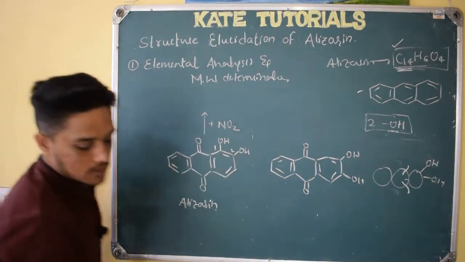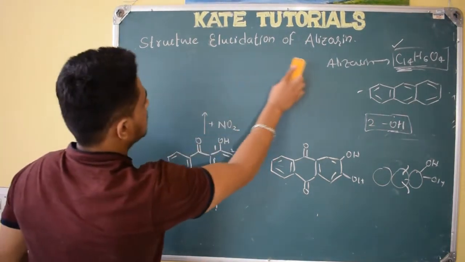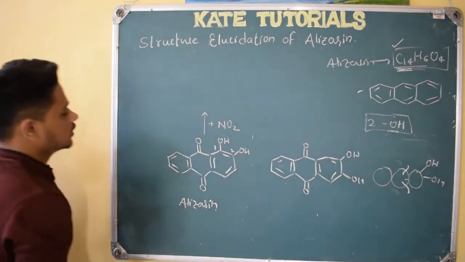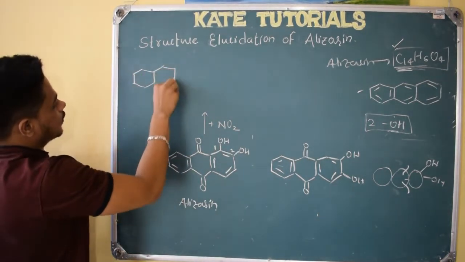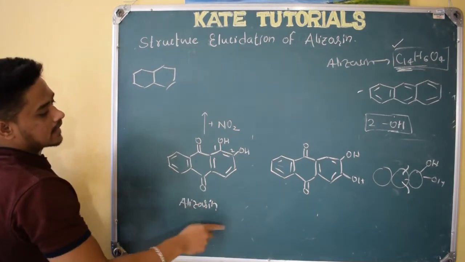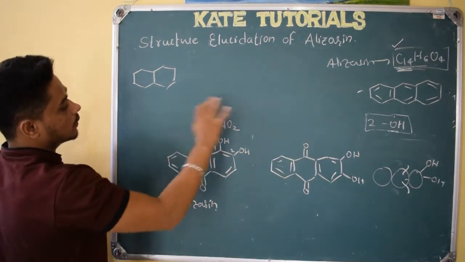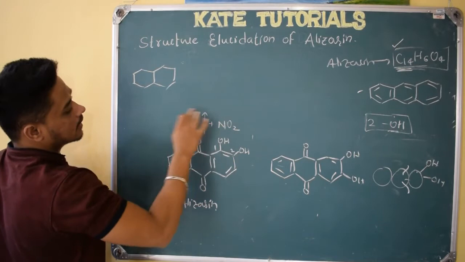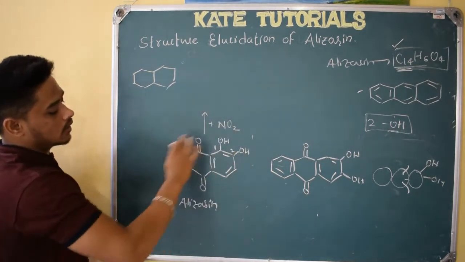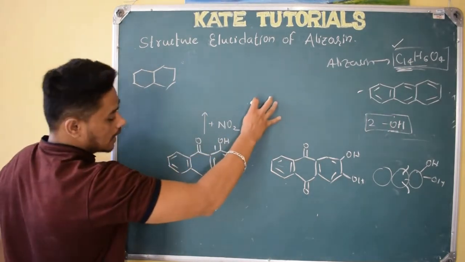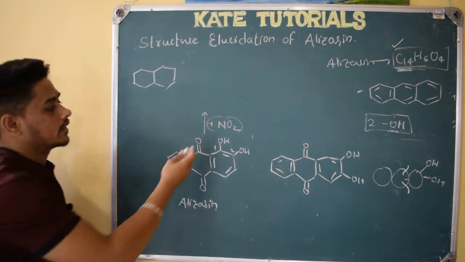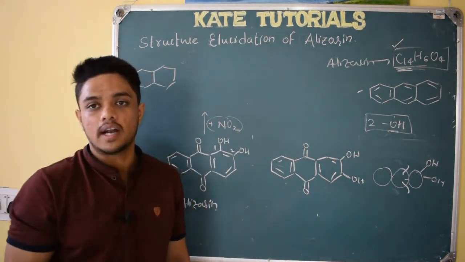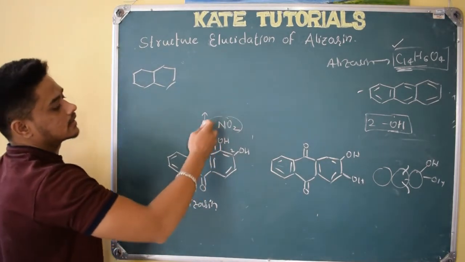Let me write. Let me rub the above things here so that I can write neatly. So they got these products. From the previous reaction, they got this alizarin, right? The reaction which I have written above: phthalic anhydride reacted with this catechol, they got this alizarin. To that product, they added this nitration. Nitration, I hope you know. Concentrated H2SO4 and concentrated HNO3 we add, right? So here we get NO2 plus